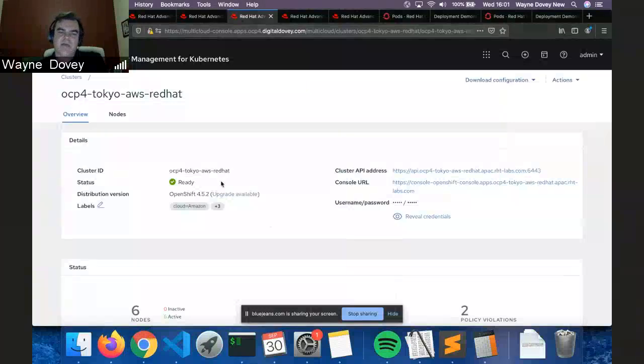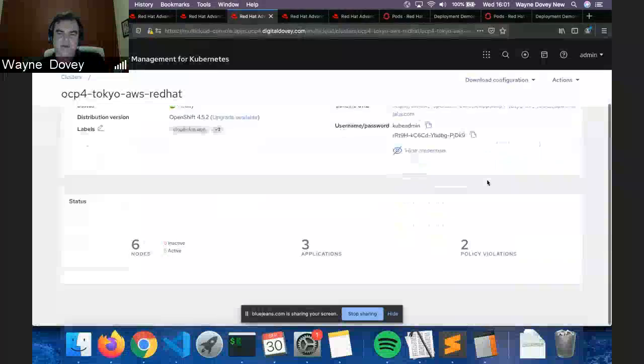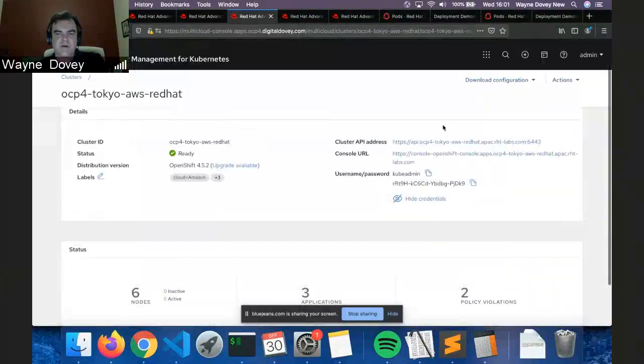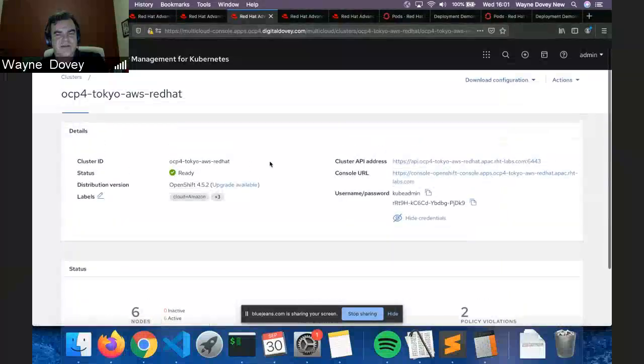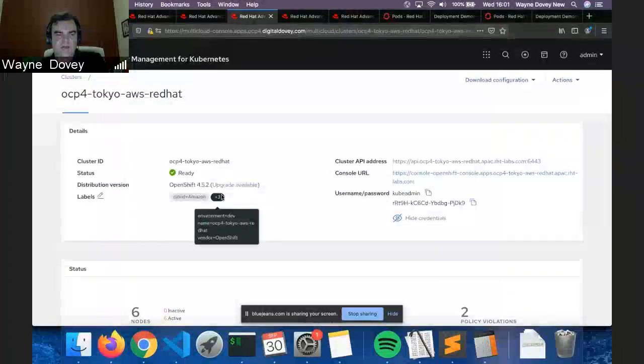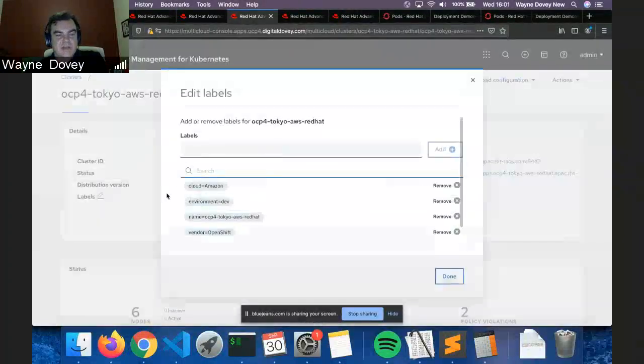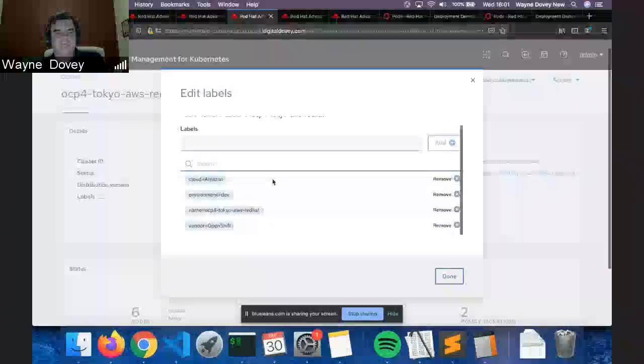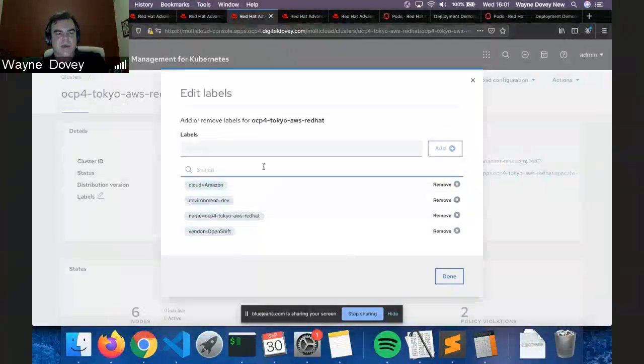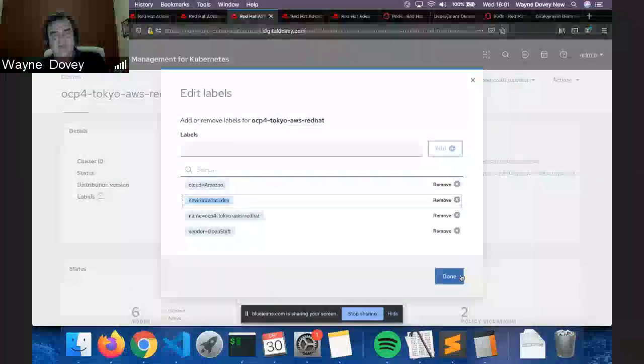So all these clusters shown here are under management, and you'll see that this is dynamically provisioned from ACM. So I have access to the actual console, I have login details and all those bits and pieces of information. Of course, this is dynamically created, so as soon as this video ends, I'll tear this down, but you get the idea that you're able to store any kind of information. Another critical thing for managing and deploying applications is the labeling functionality. And when you explore the application deployment piece, you'll understand what the labeling definitions mean and how they translate to an actual application deployment.